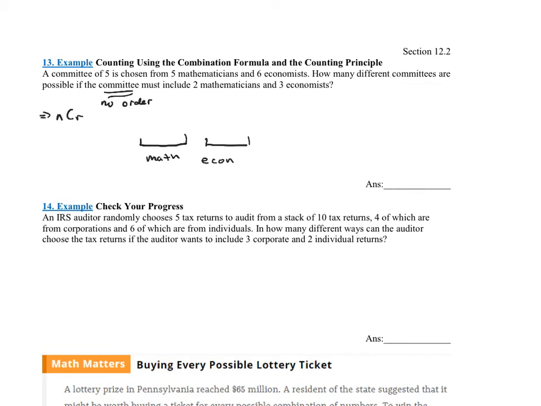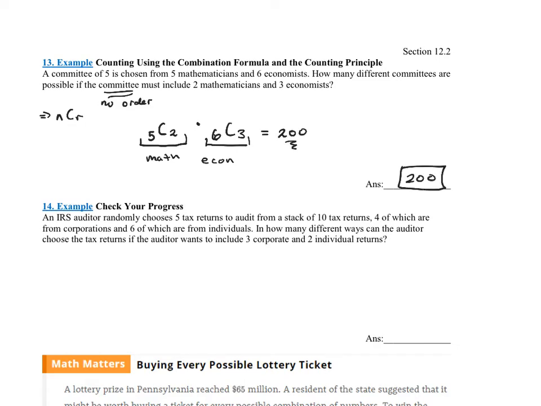So let's go back to that math. There was 5 total mathematicians. Of the 5 mathematicians, I need 2 of them with order not mattering. There were 6 economists. If I look at that, order doesn't matter, and I only wanted 3 of them. So I'm going to do 5 choose 2. I'm going to do 6 choose 3. And the counting principle says multiply those 2 things together. When I multiply those 2 things together and put it into my calculator, I seem to be getting 200 possible